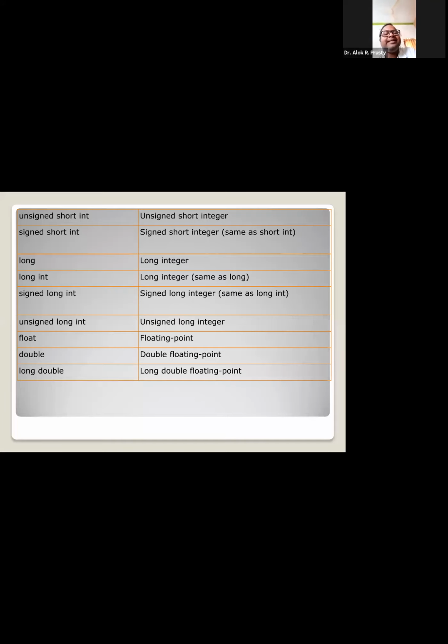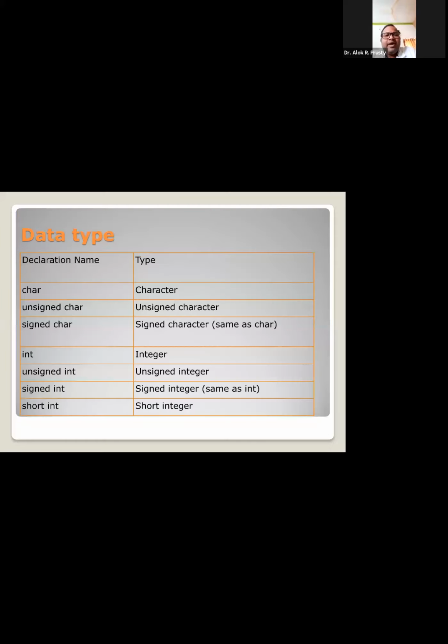Okay. Similarly, we have float. Similarly, we have double. They are the basic types, but with modifiers, I can write long double. I know that double is beyond float. Float से वो बड़ा है, पर और बड़ा नंबर स्टोर करना चाहता हूँ. मेरे पास मेमोरी है, मेरे पास प्रोसेसिंग कैपेबिलिटी है. Then I want to execute my program with bigger values. Then in that case, you can go with long double. So you have to declare like this. All these things are called your modifiers. So you have to remember this.